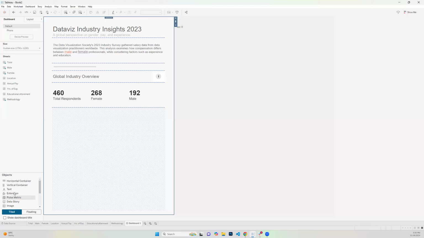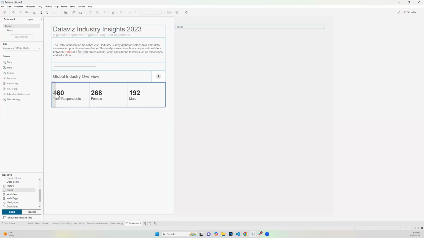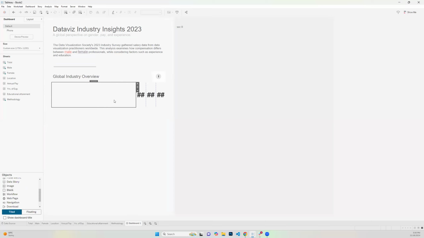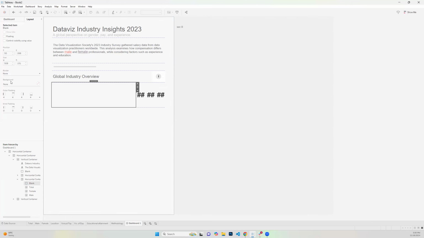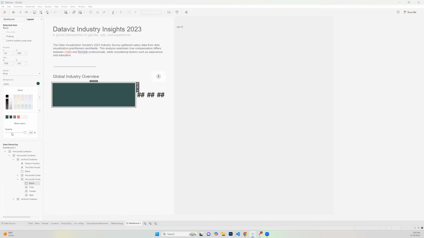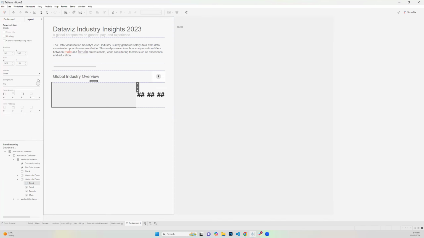So to do that, blank can always come to our help in this kind of situation. So we can come here and use the same color, but reduce the opacity to 5, okay, 7, so 5,